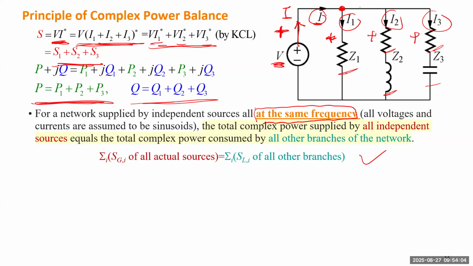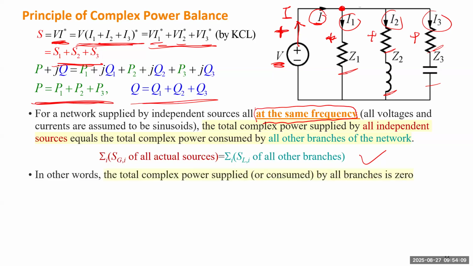Just treat everyone to be a source, or everyone to be a load. That's the same. If you treat everyone to be a source, which means you move everything on the right-hand side of the equation to the left. But be careful when you move any item from right to left, you have to treat that branch as a source, which means you use the voltage at the positive terminal and the current leaving the positive terminal, which will be this formula. You just treat everyone to be a source. You calculate as a source. Then the right side will be 0,